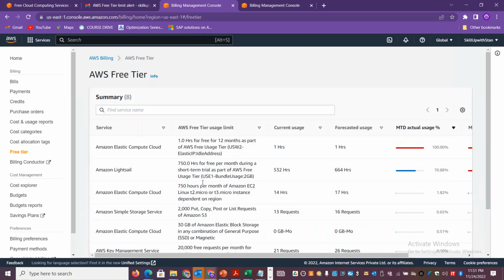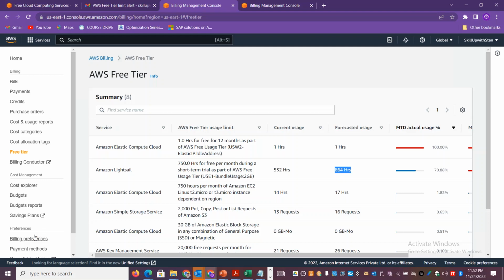and you can see that I have to pay for this additional 25% now. And here similarly, there is a virtual private server similar to your EC2 instance. There is something called Lightsail instance, which has its own free tier limit. And based on my usage, it is nearing the threshold, so I have to clean it up before it ends up costing me money. Similarly, for each and every service, we can find out here,